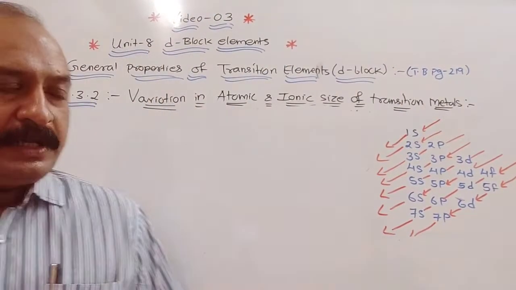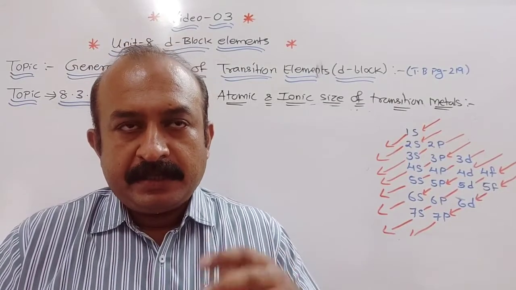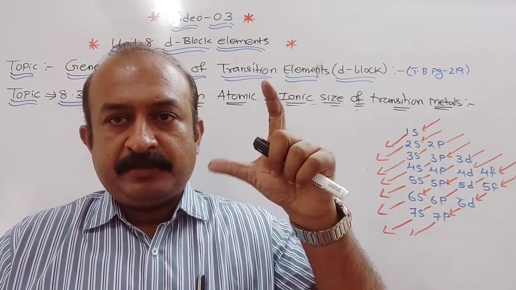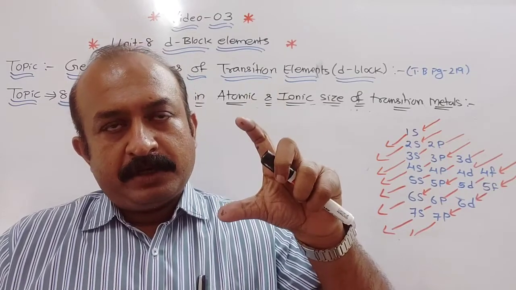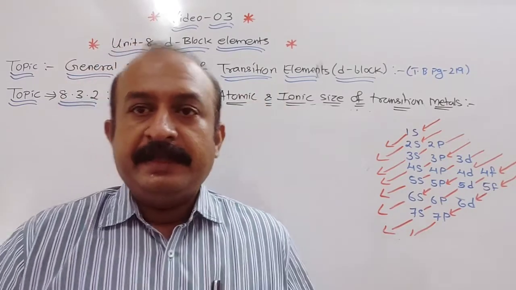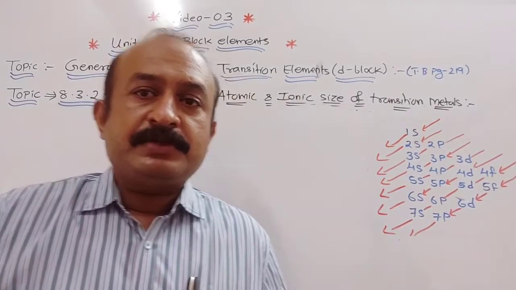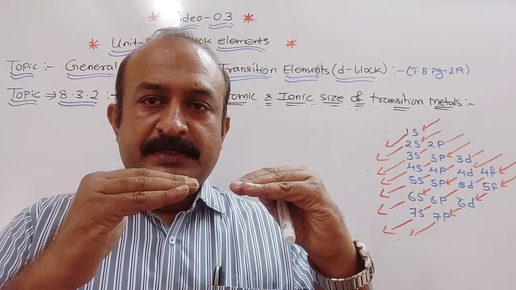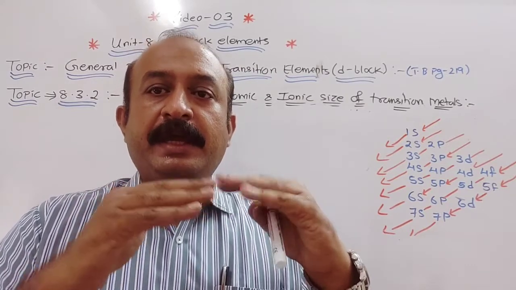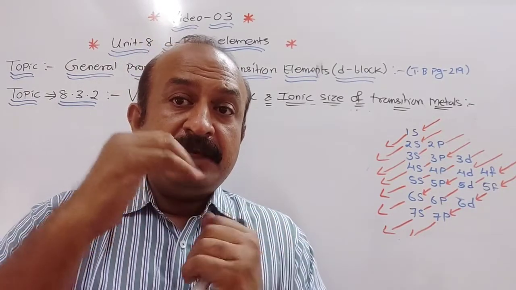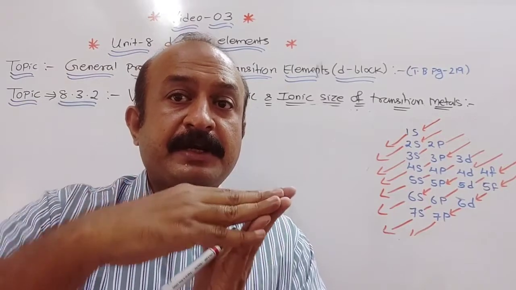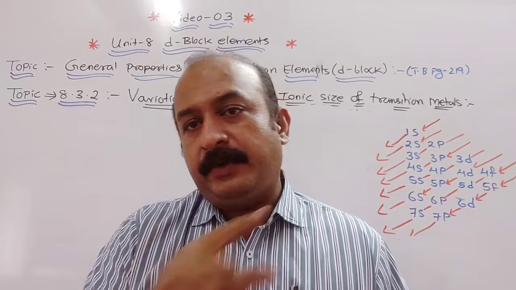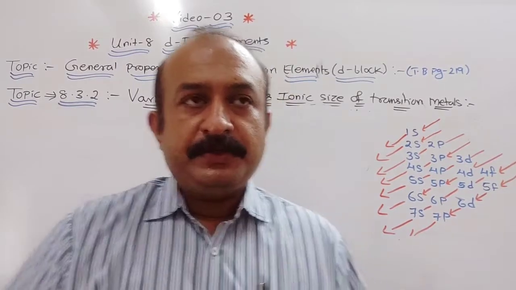Now when we talk about atomic radii, the atomic radius first decreases because nuclear charge increases and there is an attraction between the proton and the last valence shell electron. Then it becomes constant when there is a balance between the screening effect and the nuclear charge. Then when the screening effect is strong, attraction decreases but repulsion increases, and the atomic size increases. This same trend is seen in ionic radii also, so you can remember this.